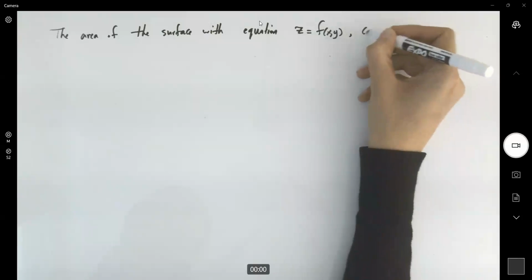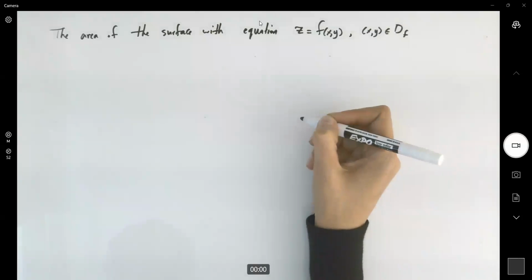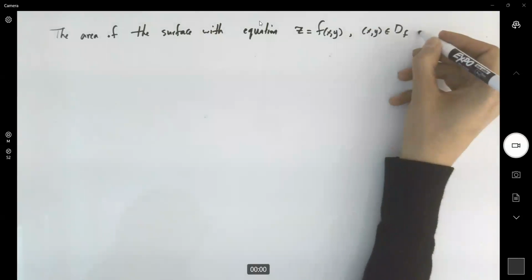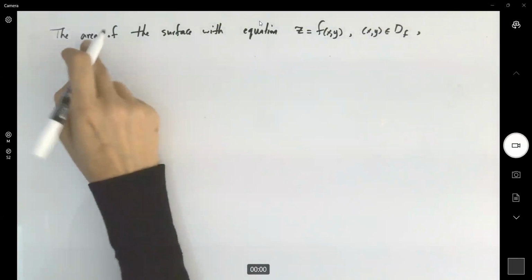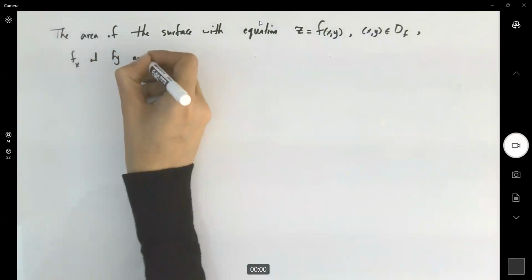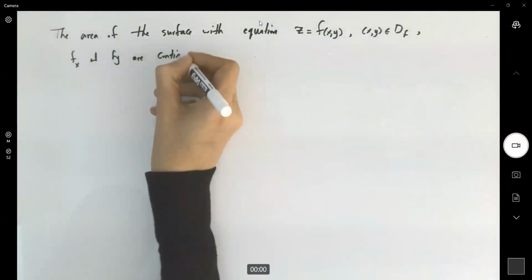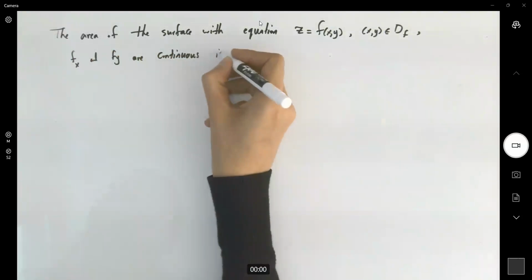Note that you have a domain, so we are taking all of these from the domain of the function, with the condition that the partial derivatives are all continuous. Fx and Fy are continuous. The area is defined as